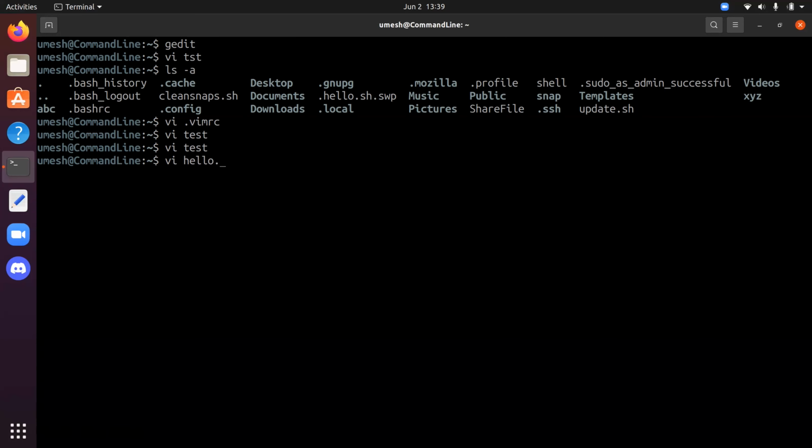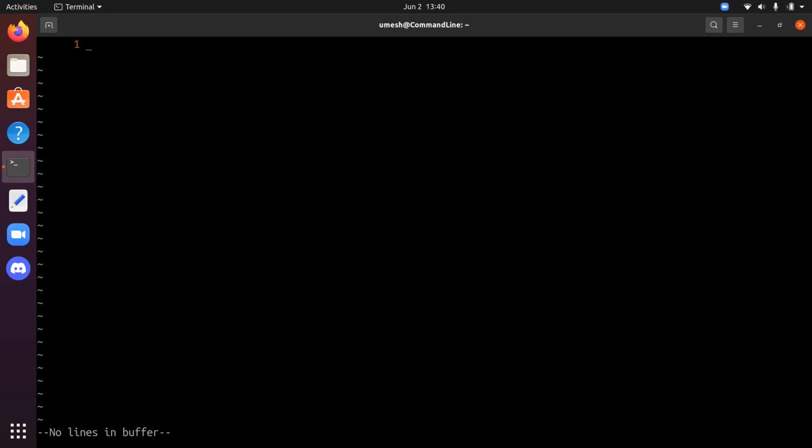So vi hello.sh. .sh simply means it's a shell script. Every shell script starts with a comment line, and this is called shebang or hashbang. Even though it starts with the comment hash sign, the system still reads it and instructs the interpreter to execute the script. So this tells the system that this is a bash script, and echo hello world. And you can do an optional exit 0. It will tell the system that the script is ending with the status code of 0. And any status code other than 0 means there's an error in the script.